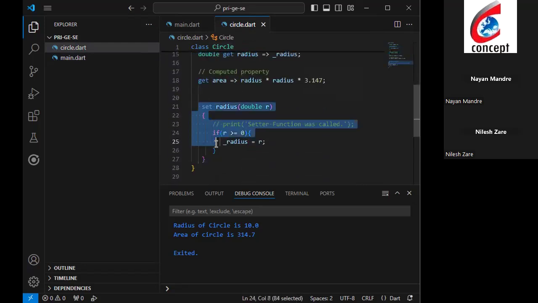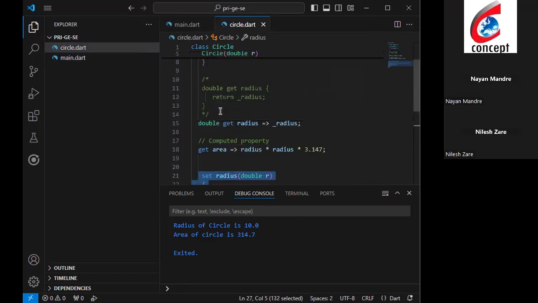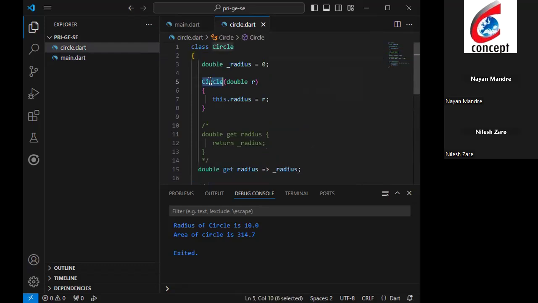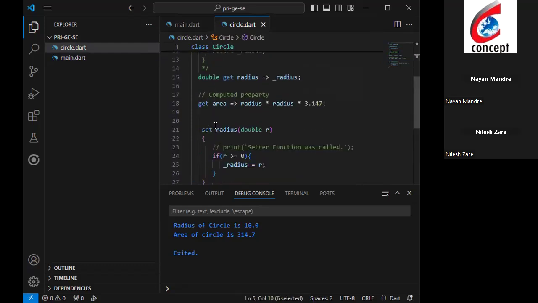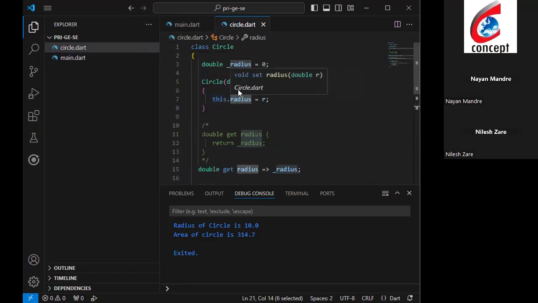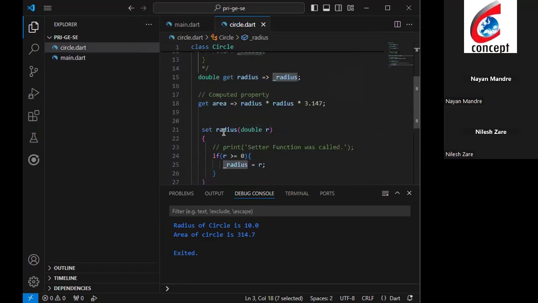Okay, so like a constructor, you have to define one function. The constructor has the same name as the class name, but the setter will have the field name. So your field name is radius. Look here, we have the radius, it's a private field, so we don't use an underscore in here. Set radius. Through this function, we want to assign the value from the